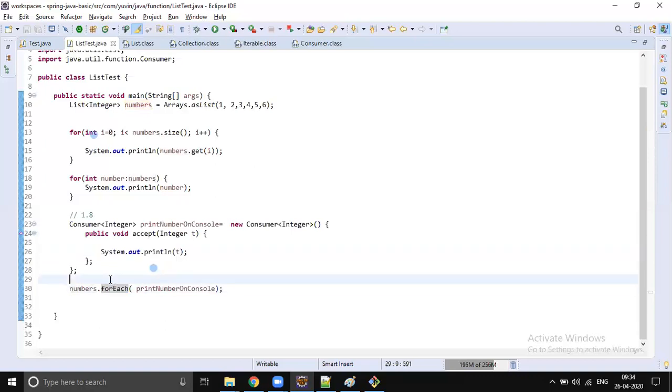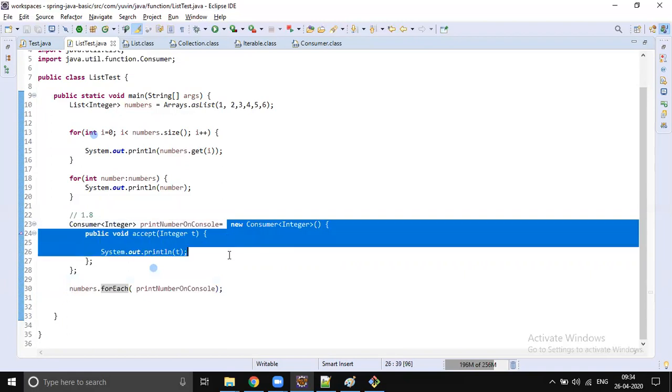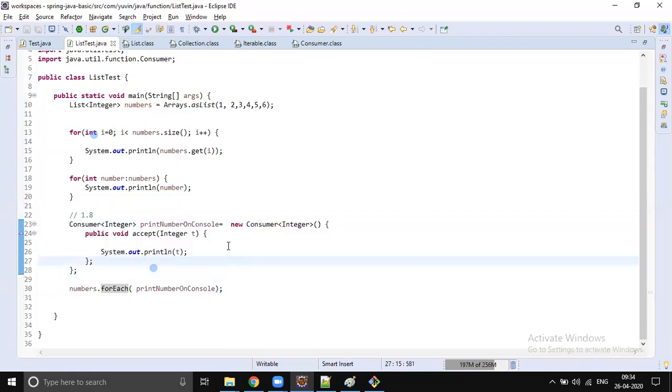I'm not writing the loop, right? I'm just instructing: print that value on the console. For every iteration, print the value on the console. I'm just instructing each iteration what it has to do, but I'm not writing the for loop. So when you don't write the for loop, that is what we call an internal loop, right? If you write the for loop, then you are writing an external loop, which means you as a developer write the loop. That is an external loop.